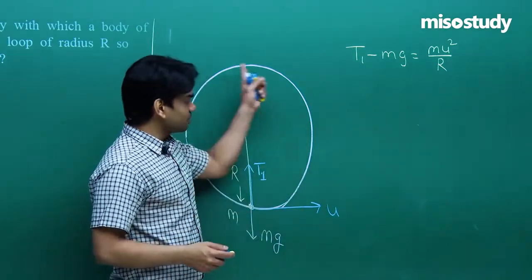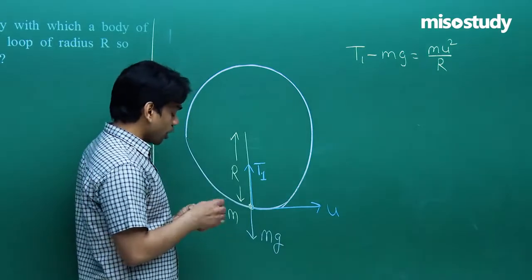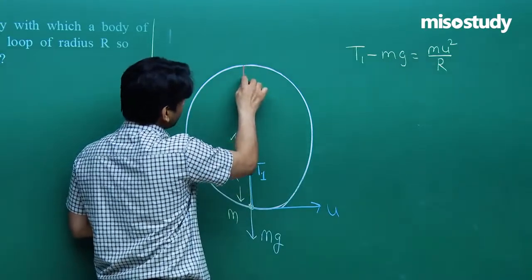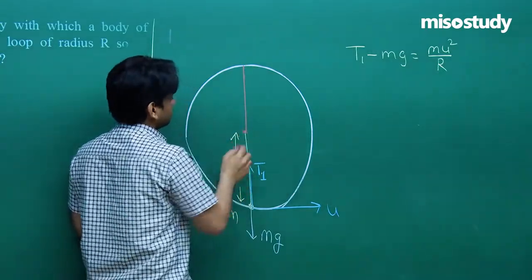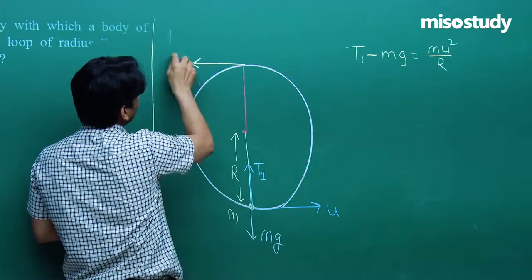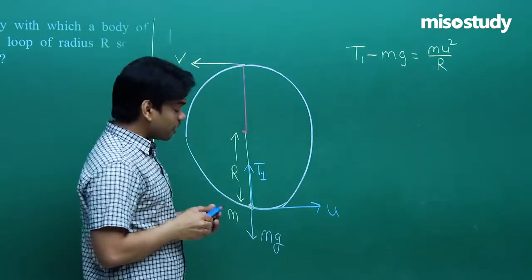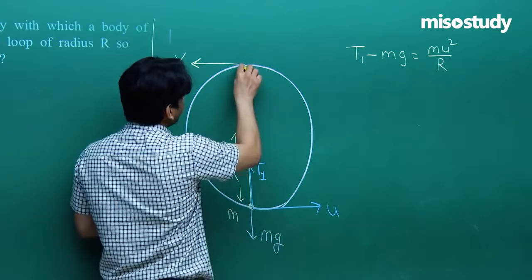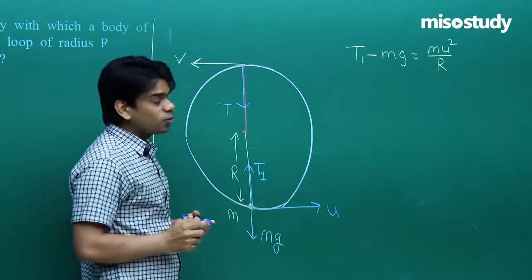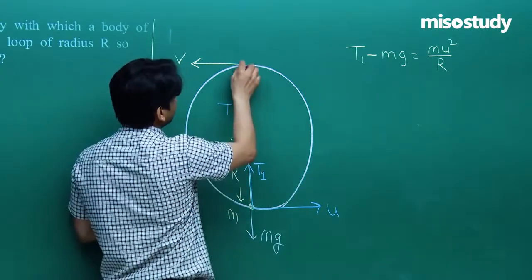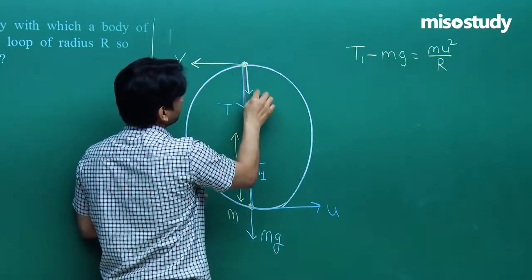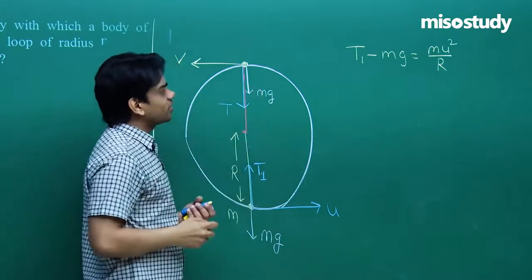Now as it whirls, it will reach the topmost point. To show the particle's position at the topmost point, let me draw a magenta colored string. Now see, the body is at the topmost point. It has to complete the circle. Let's say the velocity here is v. Again, if I write the forces that will be appearing here, tension T will be within this string. Tension T always acts away from the object, I have already told you. Its weight mg will be acting downward. The velocity at the topmost point is given as v.